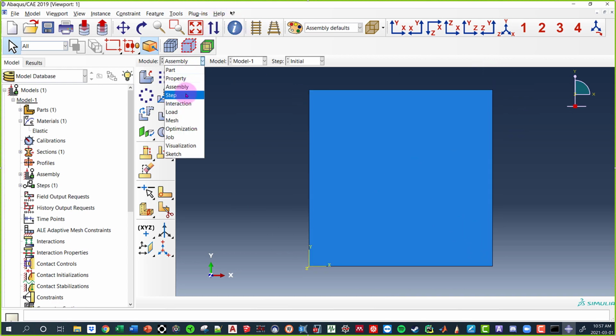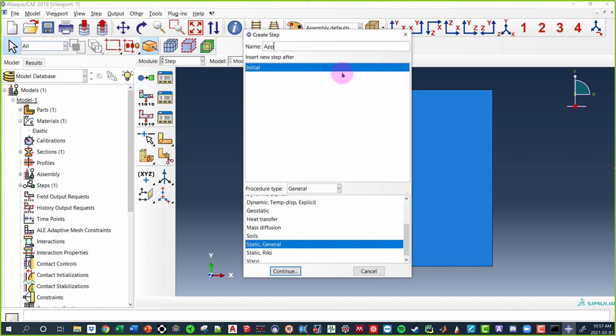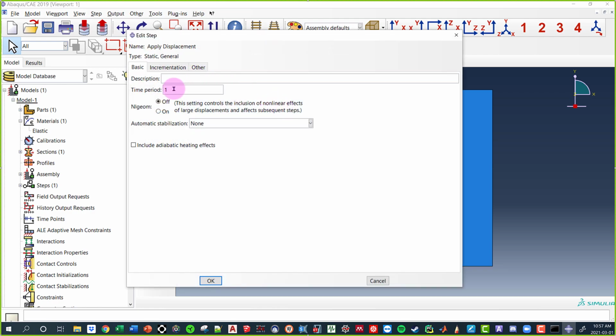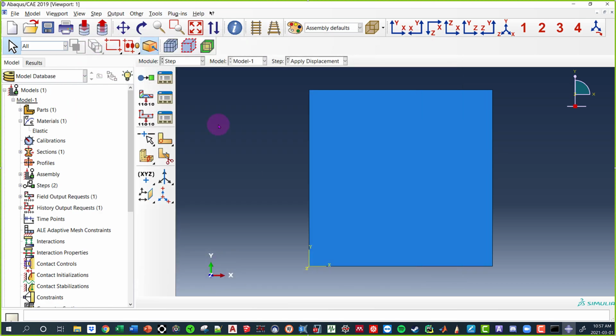I'm going to come down here and go into step, and I'm going to create my step where I apply my displacements. So the key to finding the element stiffness is we're going to apply displacements to this element. It's going to be a static step. And again, the only thing that I'm going to do is turn on this nonlinear geometry. The step size incrementation, again, that's a taste of what we're doing later on. For this particular question, it's a linear analysis, so we don't need to play with this whatsoever. So we're just going to go OK.